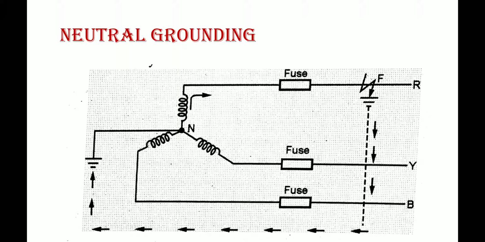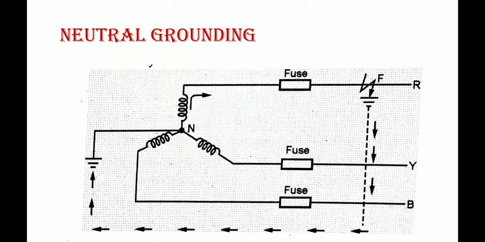Neutral grounding itself. So overall, if we summarize it, neutral grounding means what? It is nothing but the process of connecting the neutral point of a three-phase system to the earth itself. How is it connected? Either it can be connected directly or through some circuit elements, like resistance or reactance, which we can also connect here. So this is going to be called neutral grounding here. Next point I told here, this neutral grounding provides protection to the personnel as well as the equipment itself.